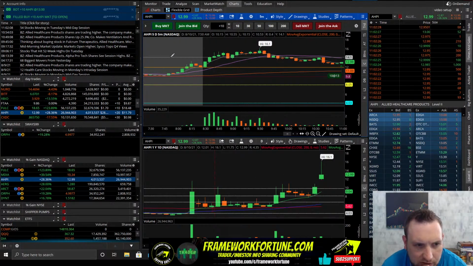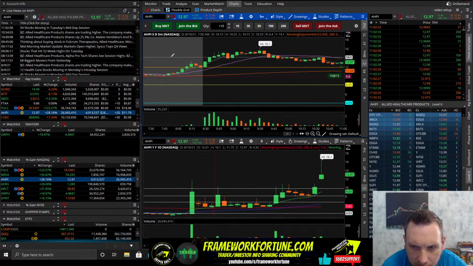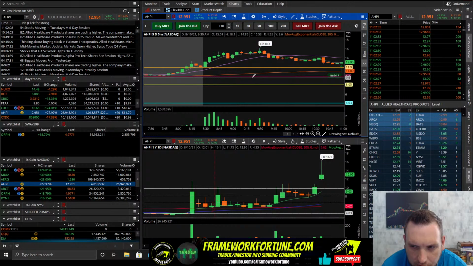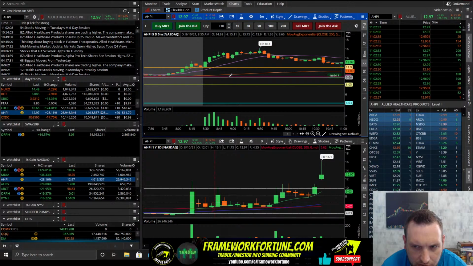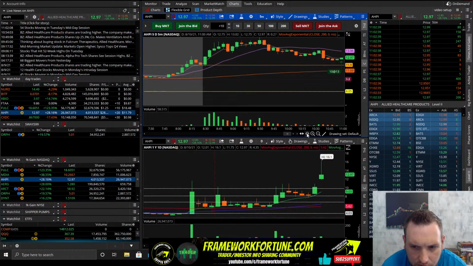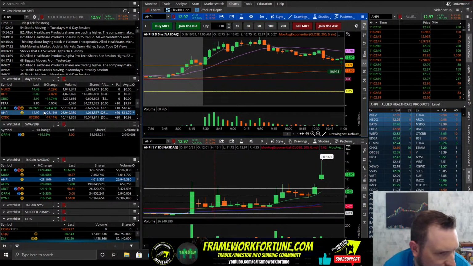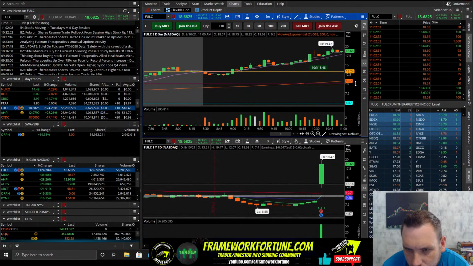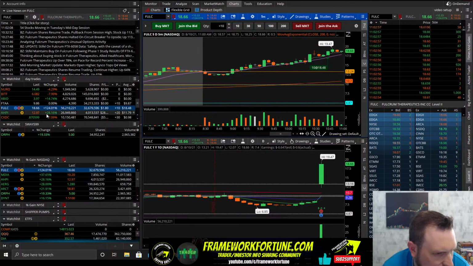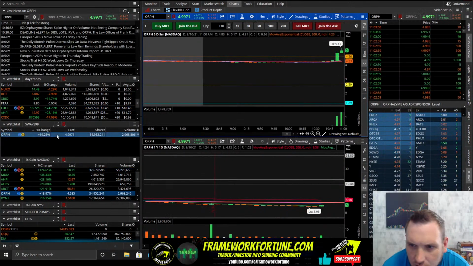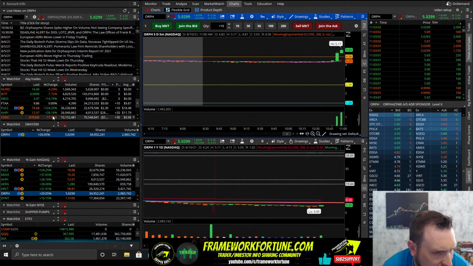I'll grab 10 more HPI here. It's got a lot of support under it. So a little indecision candle there, followed by a little green candle. If I can push back over 13, it'd be good to go. If it drops any lower than that, though, I'm just trying to decide what. ORPH back down to 5.